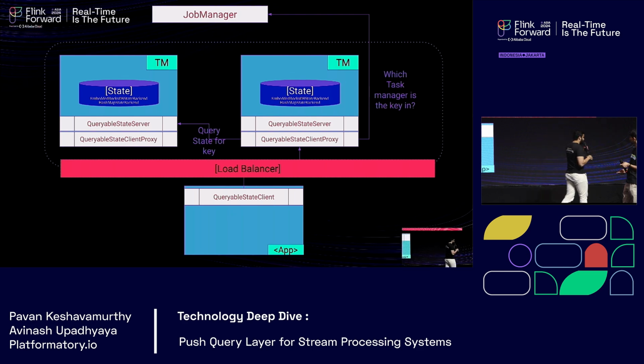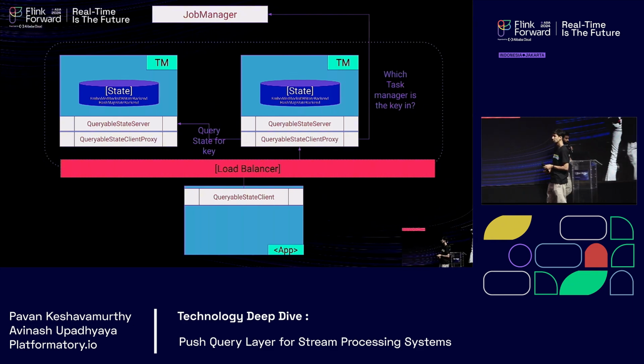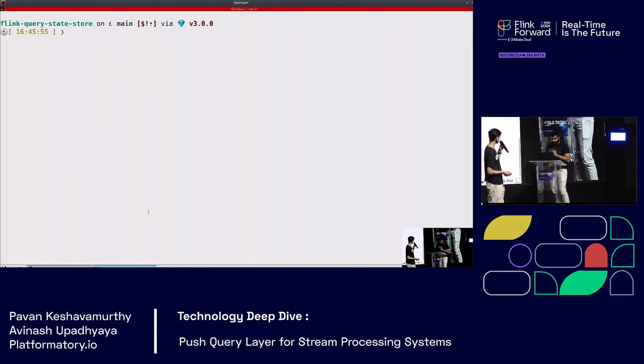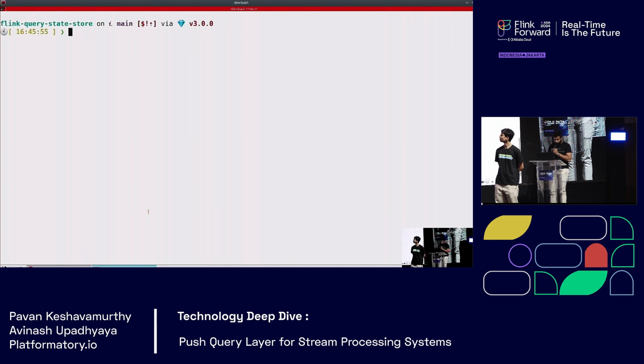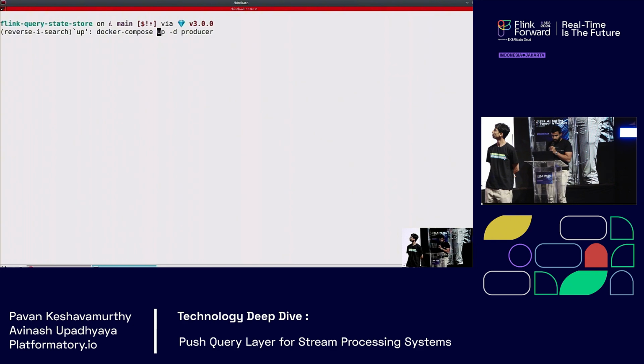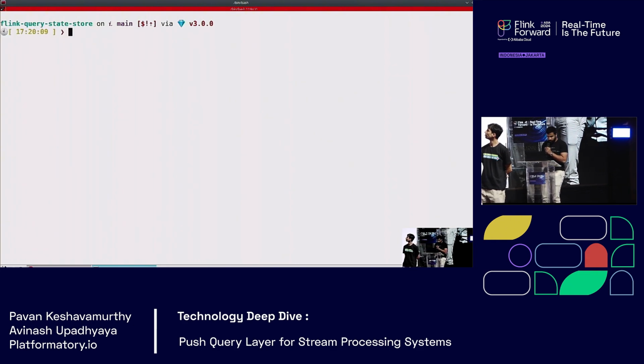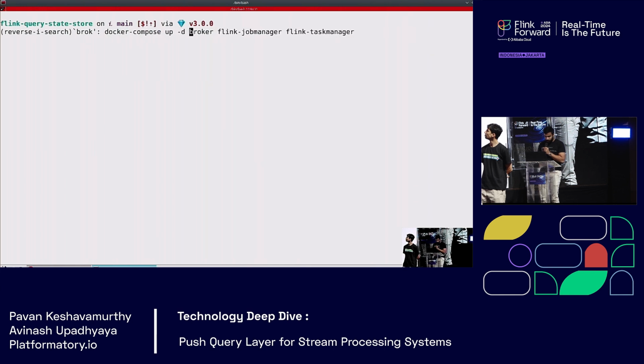With that, I'll demonstrate this so that there's a better idea of what we're looking at. A demo is worth 1,000 slides. For the demo, I have built something simple with Docker Compose. I'll first bring up the environment, and then we can look through what is actually part of the environment. I have a simple setup where there's a Kafka broker that is going to be our source and also sink. I have a single broker setup.